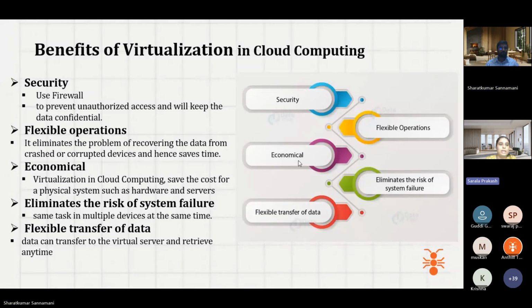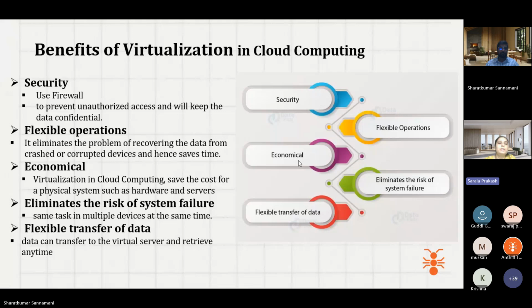lost in one data center, you will still have a backup in the Pune data center. There will be different availability zones based on your requirement. You can go for different copies of the same data in different data centers. So backup also plays an important role, that is flexible operations. You can choose the operating system depending upon the application, and also recover the data when there is a loss or when any corruption happens.